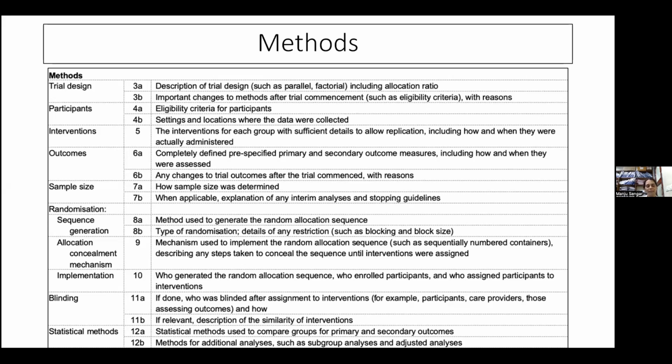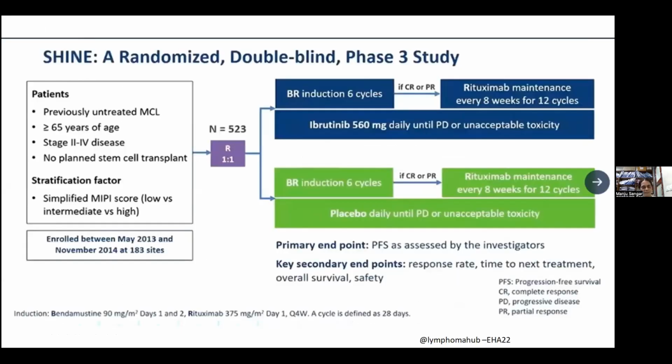In the same way, if there is blinding, details of blinding and who all were blinded should be given, and the details of the statistical method. So let's look at our study. I've taken a slide from the EHA presentation just to explain what exactly are the comparator and the intervention arm. So this was a randomized double-blind phase 3 study where 1:1 randomization happened and patients were randomized to BR